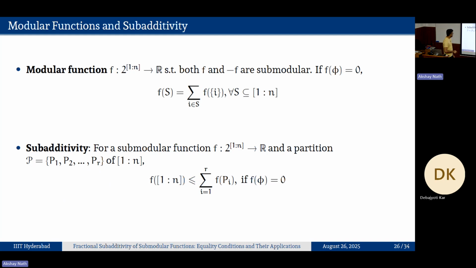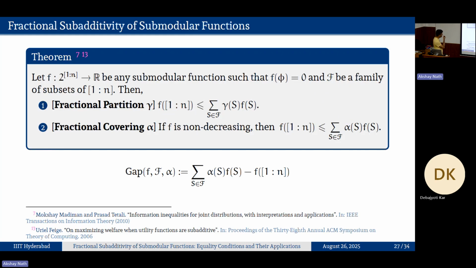In general, for any submodular function, this is true: if the equality holds for a submodular function, then it is modular, and it is also linear. That's a more generic way of talking about equality and linearity. So whatever we said for entropy, instead of entropy, we state in terms of the submodular function f.